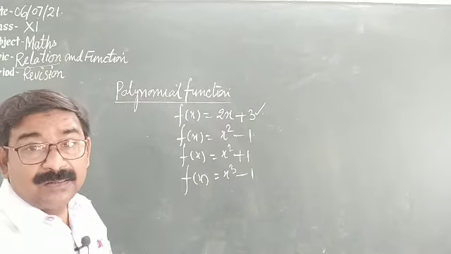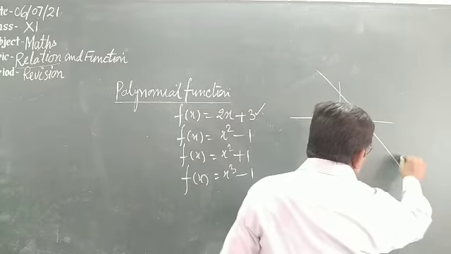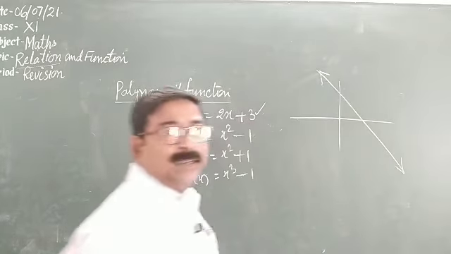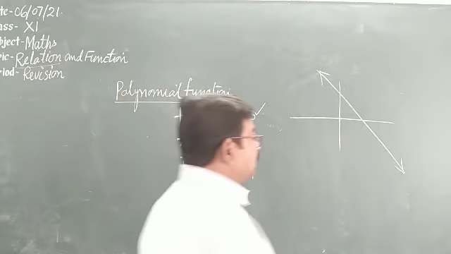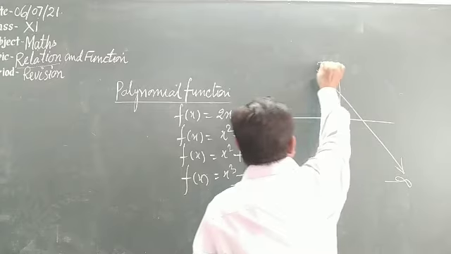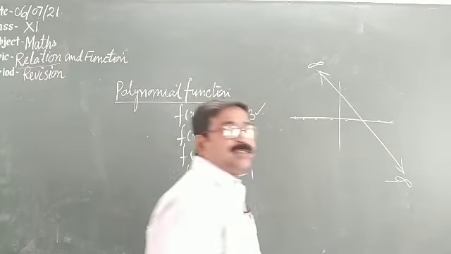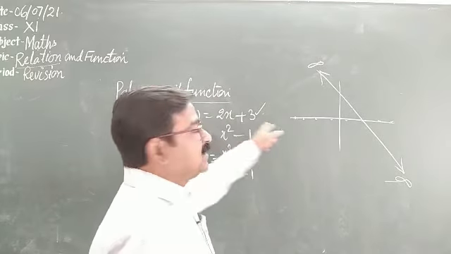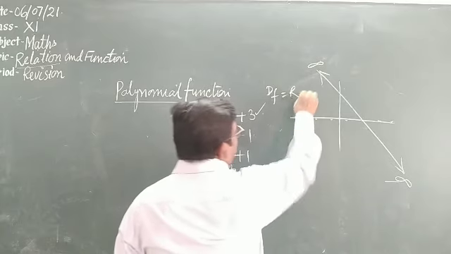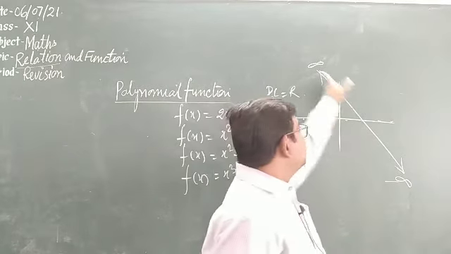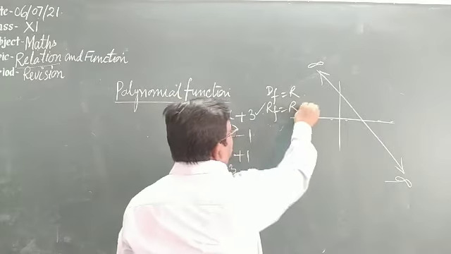it is a line. Since it is a line, when you plot its graph, maybe this line will pass through this way. It is not exact, but I am giving the example that this line goes from minus infinity to plus infinity, and we may choose any value on the x-axis. So the value of x is the domain. The domain is all real. Since the line goes from minus infinity to plus infinity, the range of the function is all real.